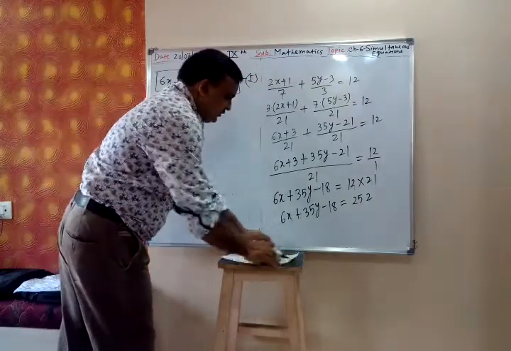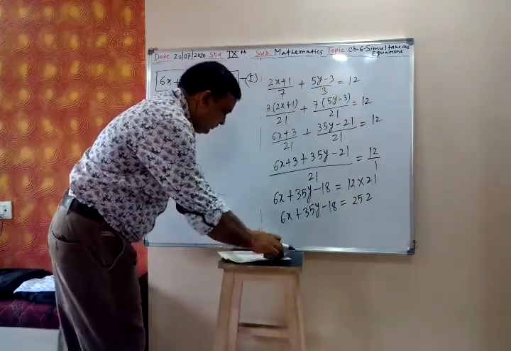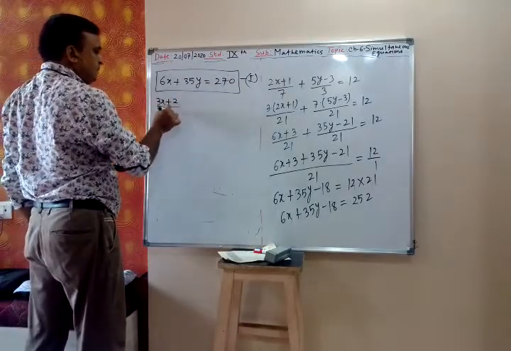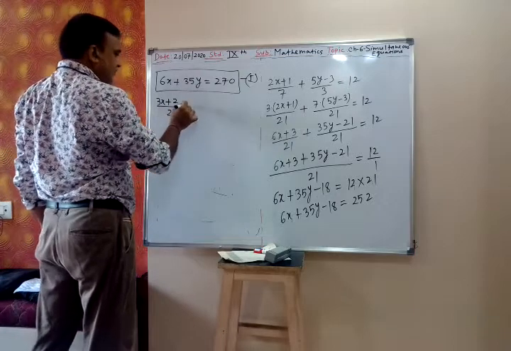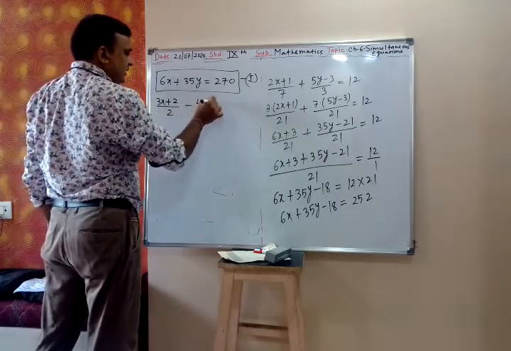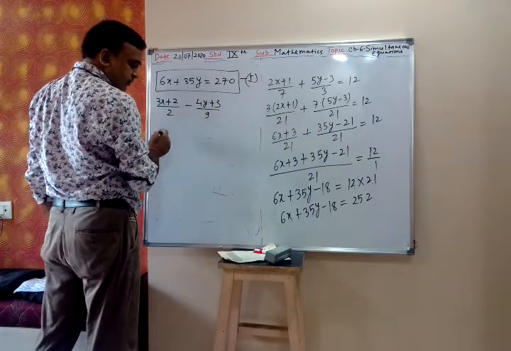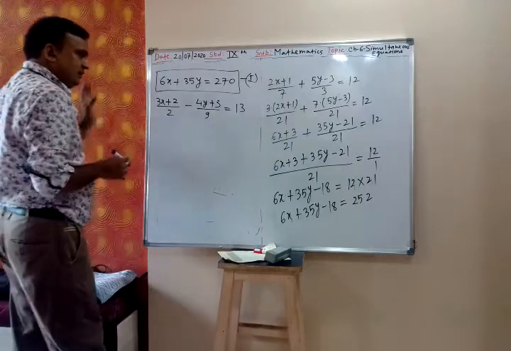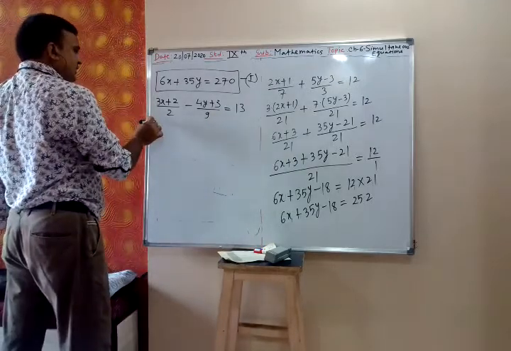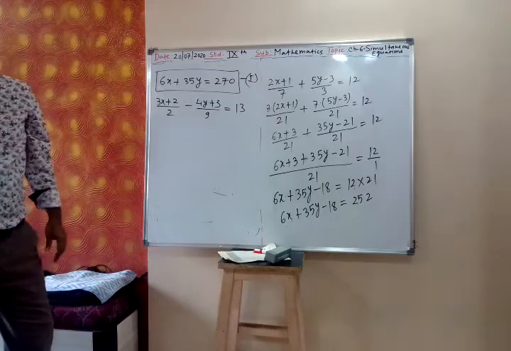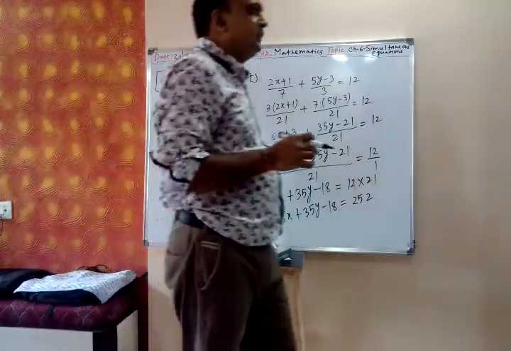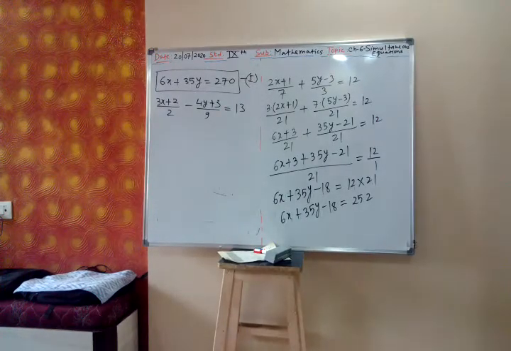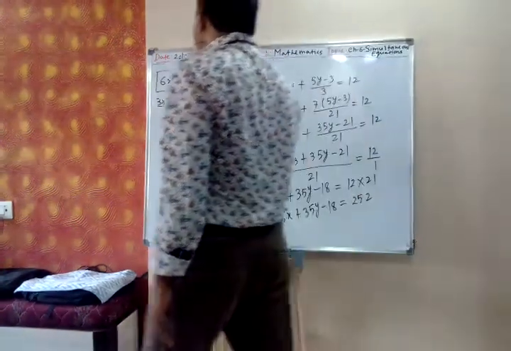Then similarly you simplify and get equation number 2. So that is 3x plus 2 upon 2 minus 4y plus 3 upon 9 is equal to 13. Now LCM of 2 and 9 is 18. So this we multiplied by, let me see. LCM of 2 and 9 is